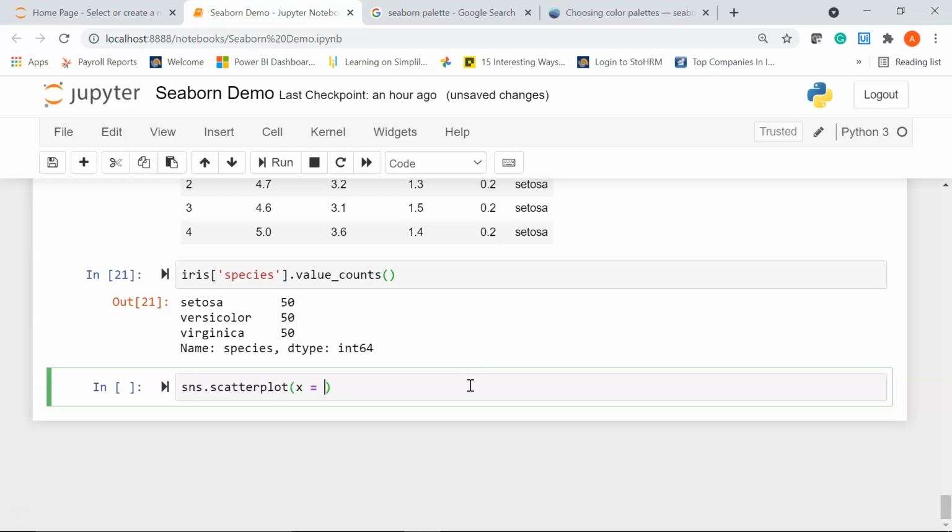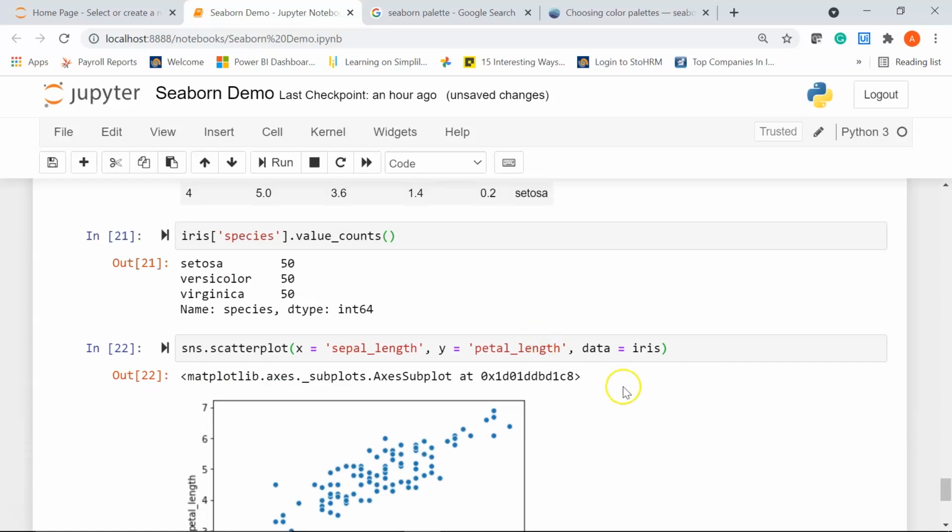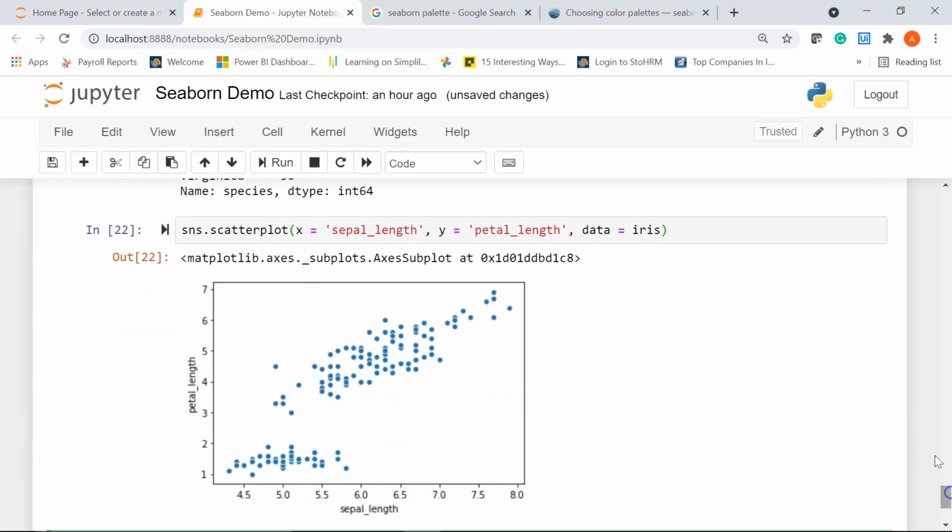In the x-axis I'll say sepal length column, give a comma, I'll pass in my y-axis with petal length, then I'll say data equal to iris. Now let's run it. You can see here this is my scatter plot between sepal length and petal length.